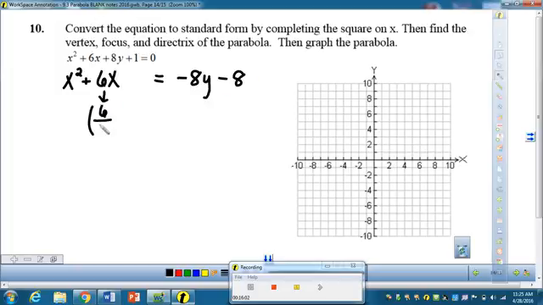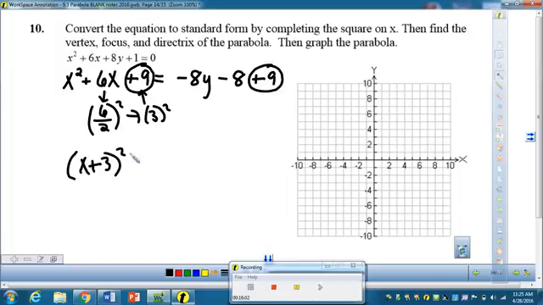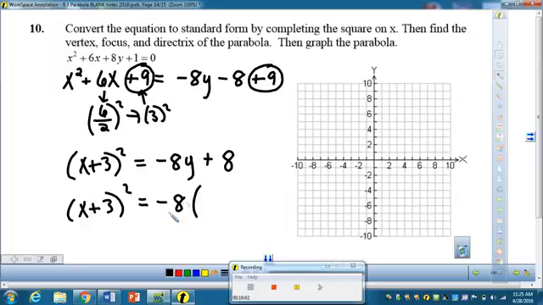So we're going to complete the square on the x. So we've got 6 divided by 2 squared. It's going to require us to add 9 to the left side. So to keep this balanced, we've got to add 9 to the right side. Factor the left into x plus 3 squared. We have negative 8y plus 8. Now the only other thing we need to do on this right-hand side is we need to factor out the number that's in front of the y. We're going to factor out the negative 8. That is going to represent the 4p in this equation. So when we factor it out, we're left with y minus 1